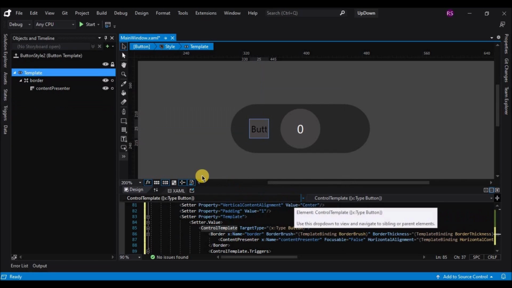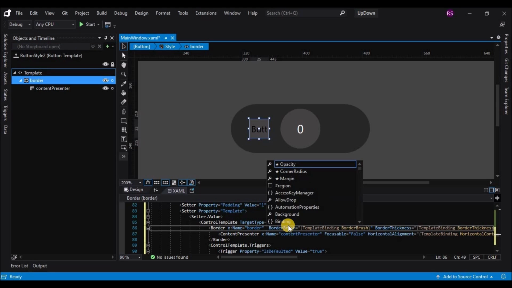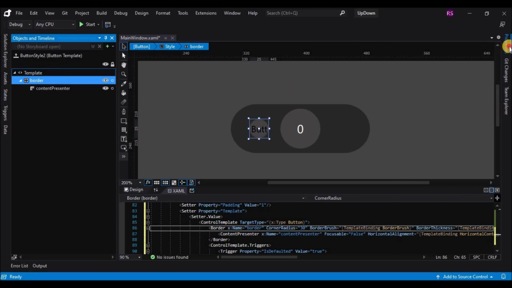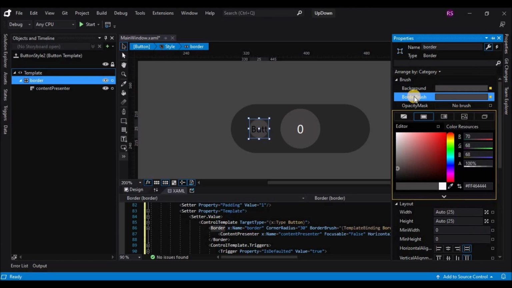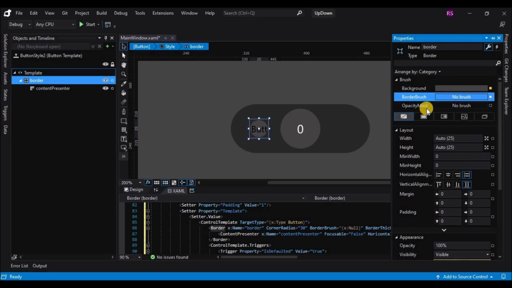Okay, and let's go to border, add a corner radius for this as well. Okay, that's done. Now let's go to the background and foreground brush. So to do that, we'll have to convert it to a local value and then remove the background brush, sorry, the border brush.